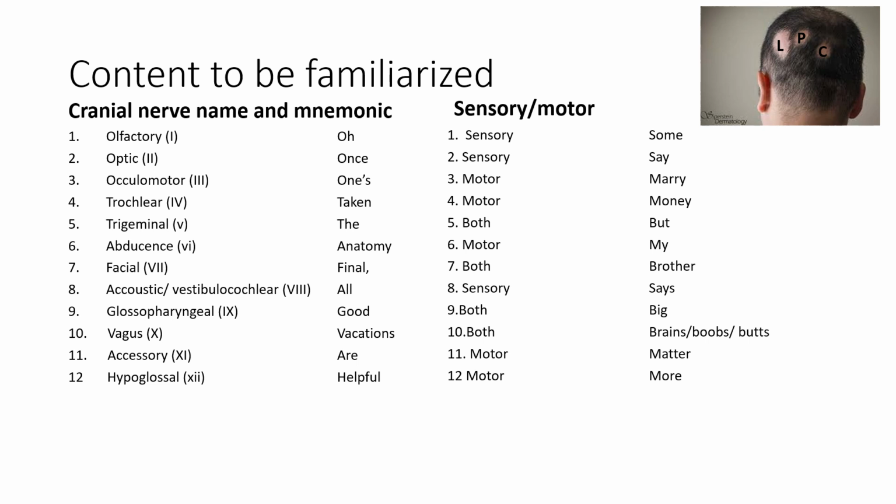Acoustic, you can refer to it as acoustic, but the word vestibulocochlear is more specific because it tells you that this sensory nerve is going to have innervation on 2 specific sites in the ear region, so the cochlea and the vestibular region. So it's not just going to help with hearing, but it's also going to have an important role in balance.